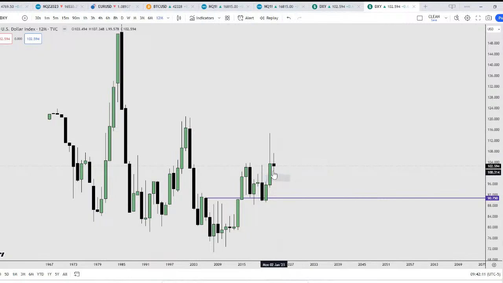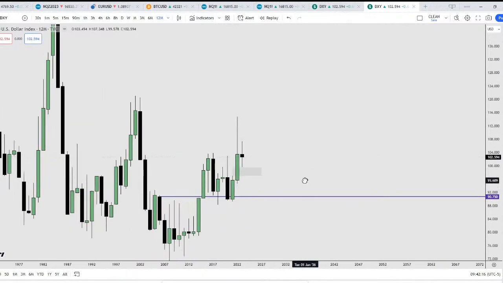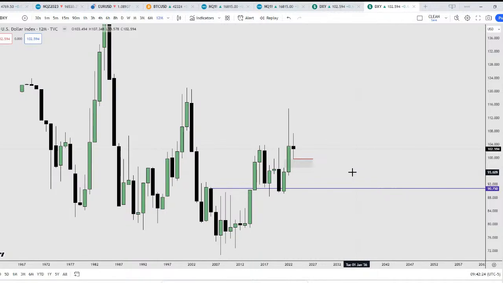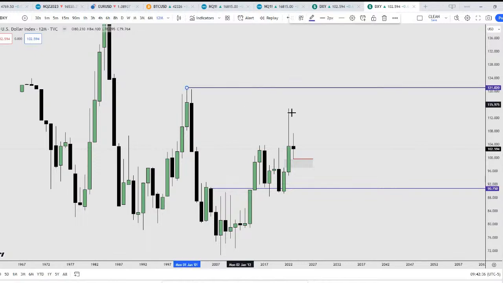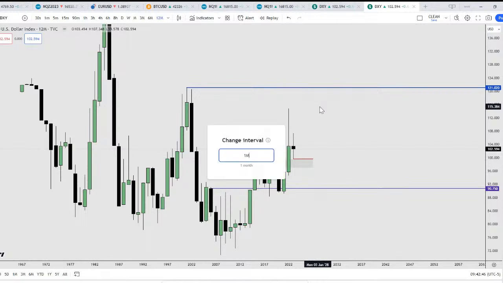So if we close the year like this with this fair value gap here, I am personally expecting a stop hunt for this year's low. Stop hunt below this year's low, and then we continue to rally for a higher time frame objective right up here, which would be 121. So heading down into the monthly chart,